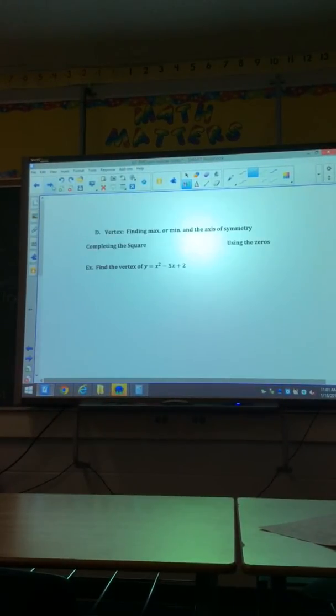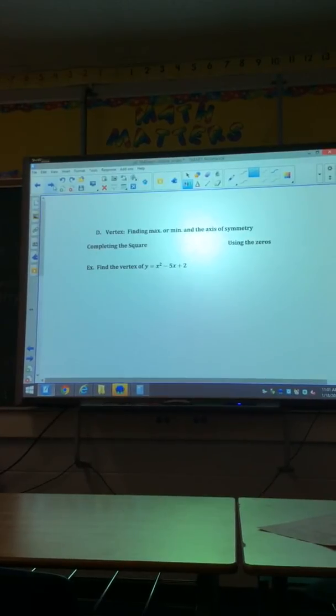Find the vertex, max, min, or axis of symmetry. You have two